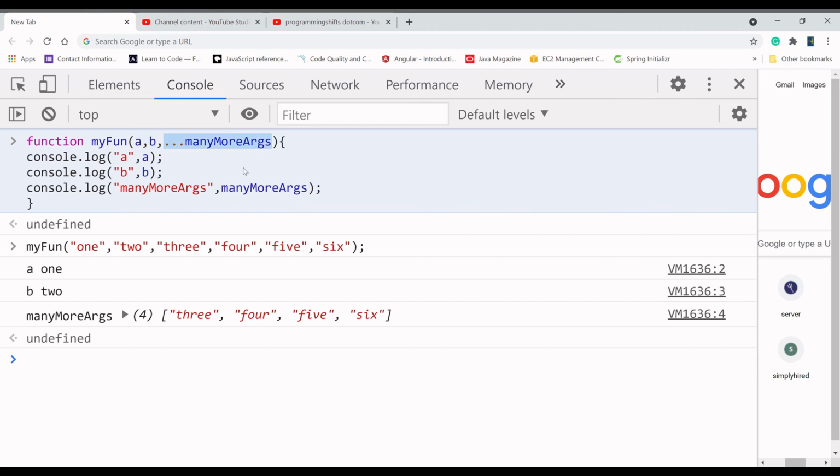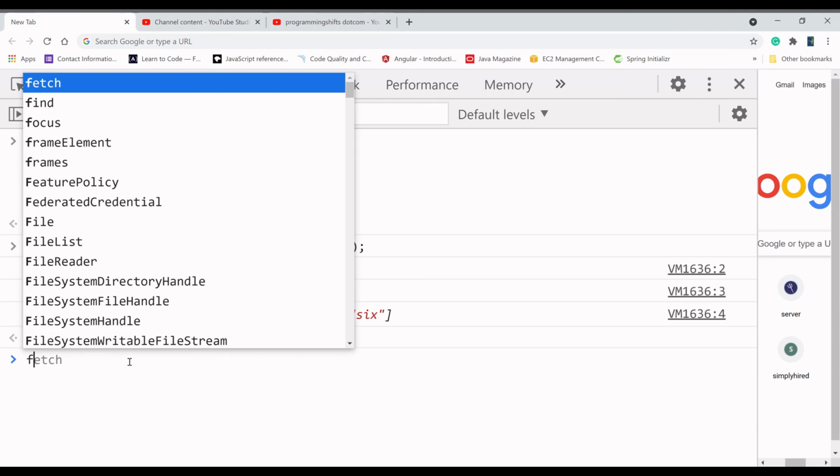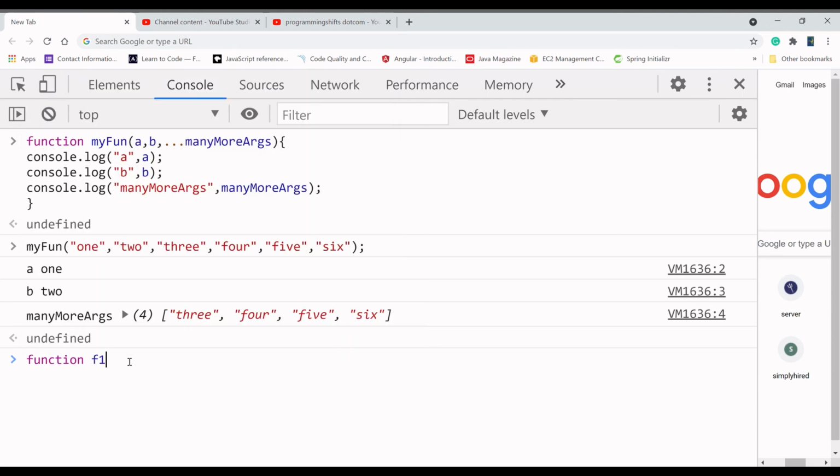If you have many rest params, you can also write some different ones. For example, if we have a function f1 taking argument 1, then some other rest param like 2, and similarly 3.